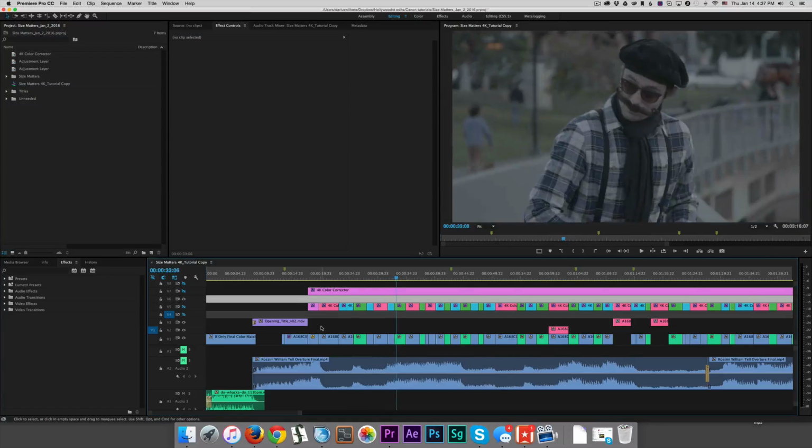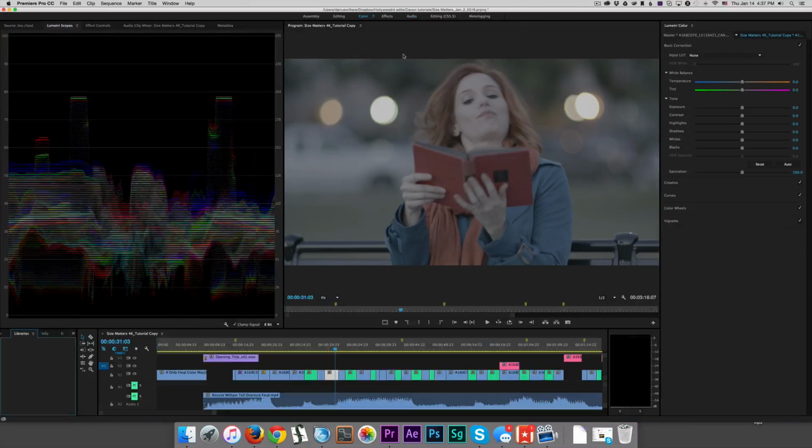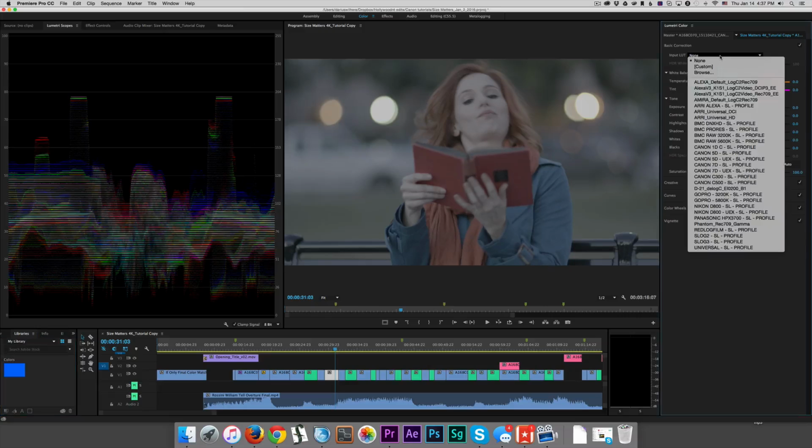What you do is basically you select your footage and you go up here in Premiere Pro CC 2015, you have your workspaces up top, and you choose Color. And this will open up the Lumetri Color panel, and it will give you your scopes over here on the left. And over here under the Basic Correction panel, there is the Input LUT,